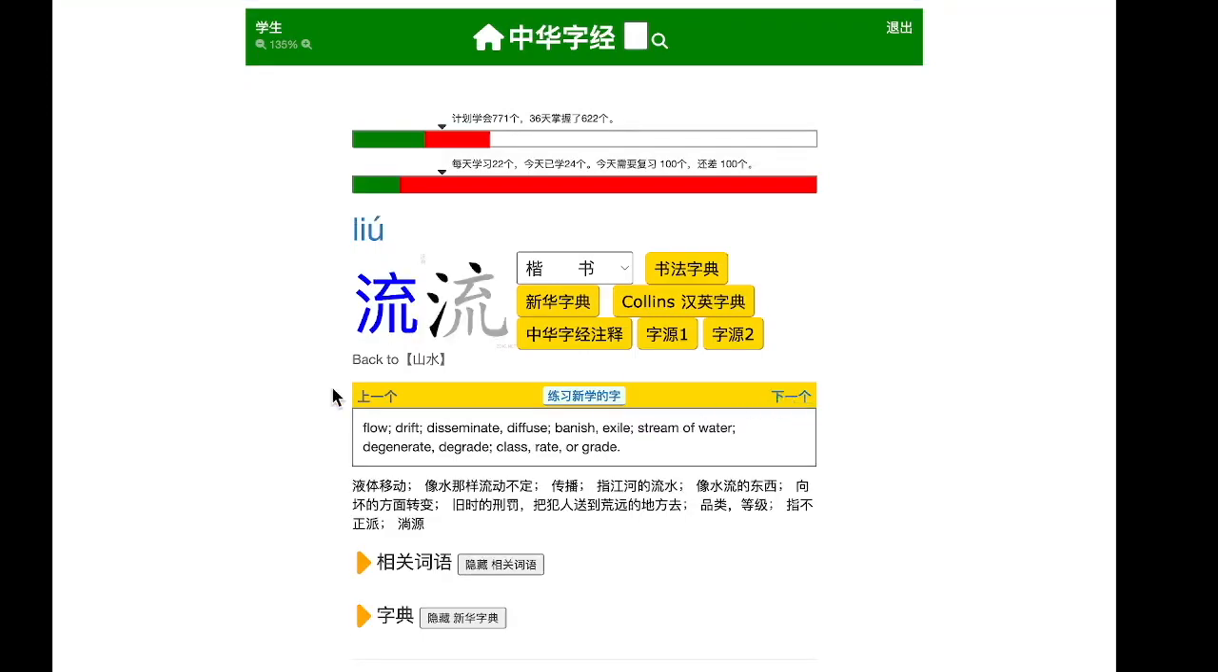流, this is the general word we use for any sort of liquid flowing, or also any sort of abstract thing that flows. Flow, drift, disseminate, diffuse, banish, exile. A stream of water, degenerate or degrade. This is also used for class, rate, or grade. So you'd say, for instance,